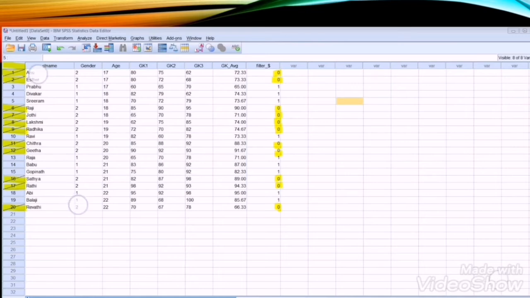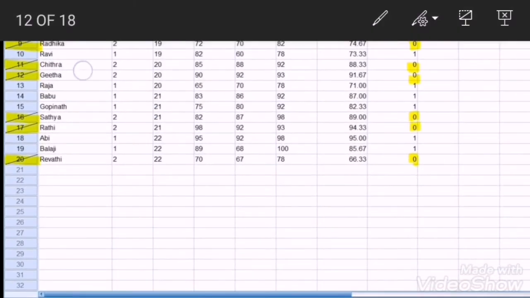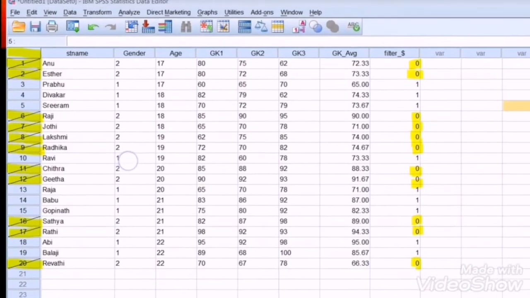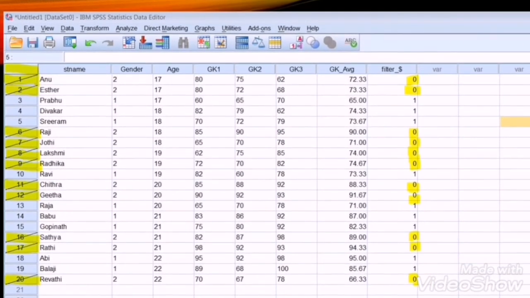The female records are crossed out. These records will not be considered for further analysis. Only the male records have been filtered.